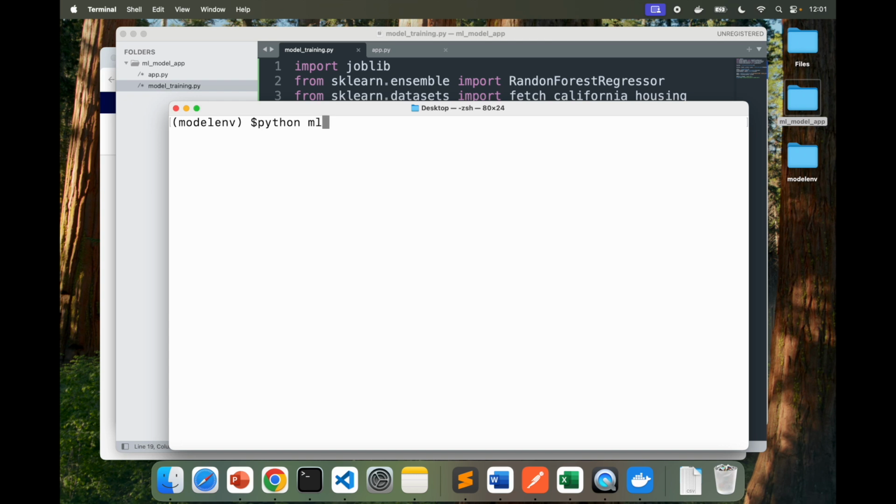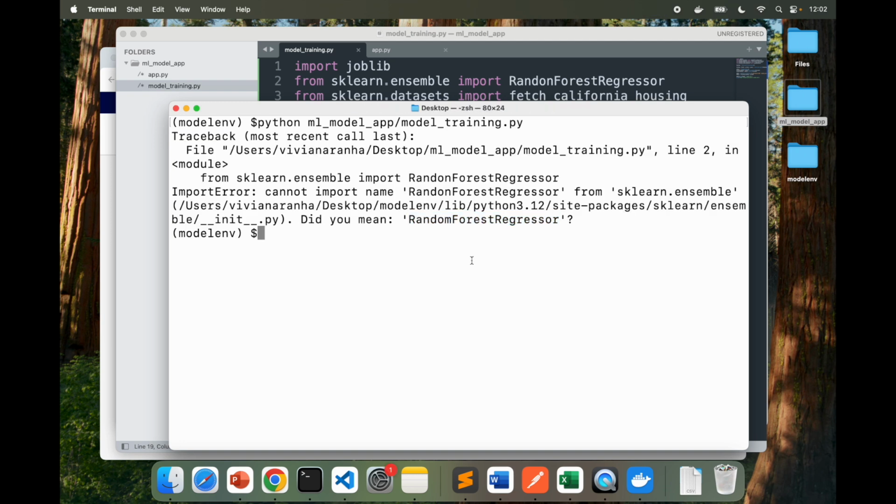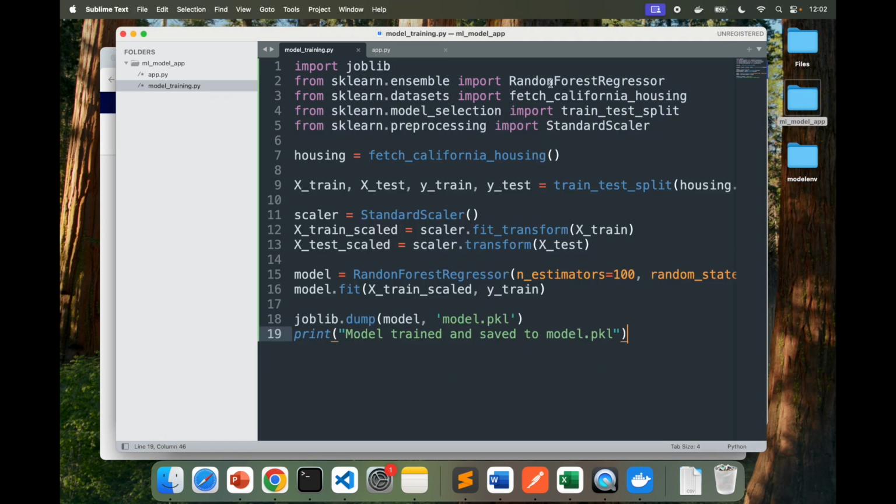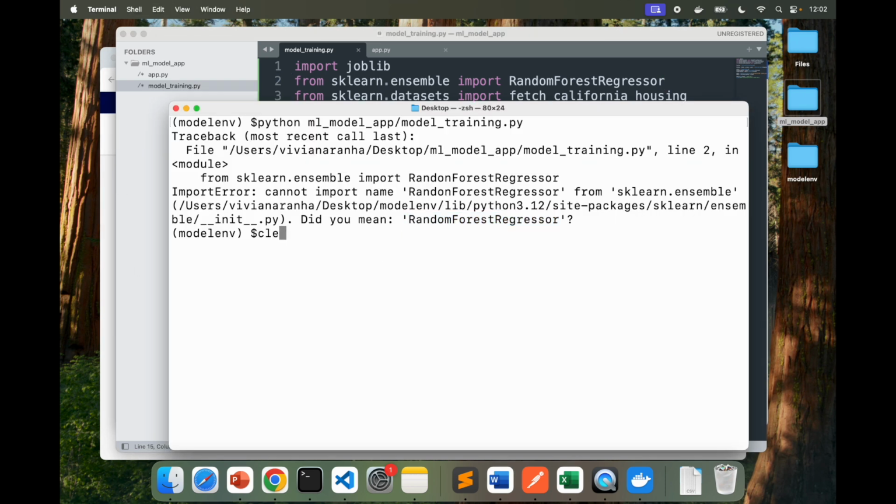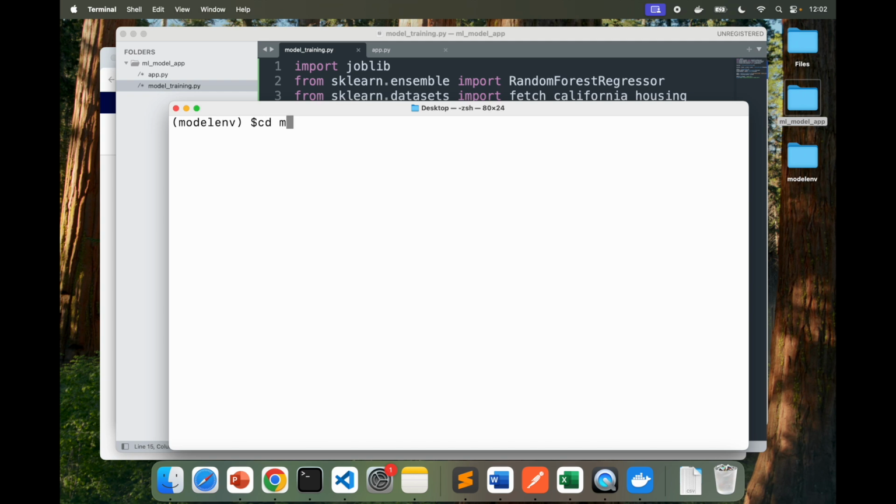It's inside the folder score, and the file is called model. Looks like I used the wrong name, there's a typo. Okay, that's why. I'm going to make sure that it's fine in both places. Save it, go back, clear it out. It's also better to just go inside the folder, so I'm going to go in there because I'm going to pick it up from inside the folder too. So say python model_training.py.